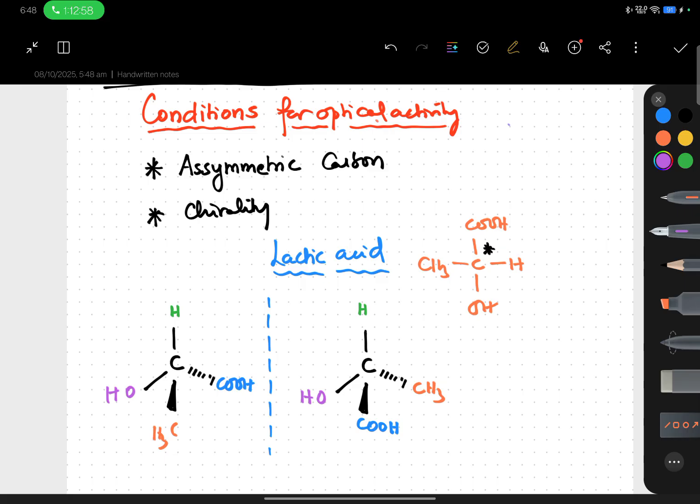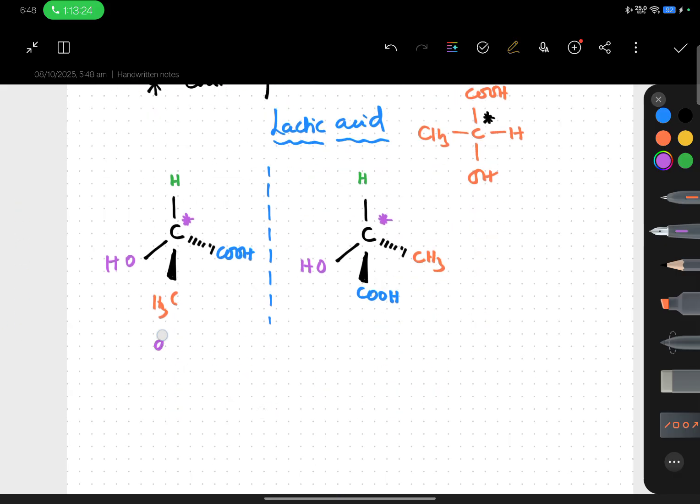So you can see that they don't look like mirror images to you, but actually it is a perfect mirror image, because the CH3 in the front has gone back in the mirror image. The COOH in the front, which was behind, has become front in the next molecule. So this is called optical activity, and these two are called the D isomer or plus isomer. This is called the L isomer or minus isomer,